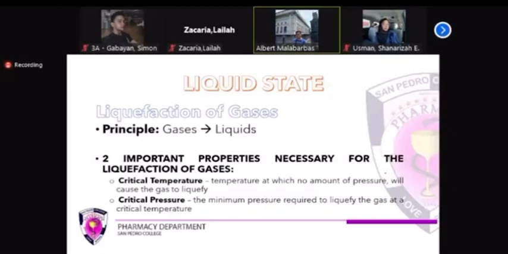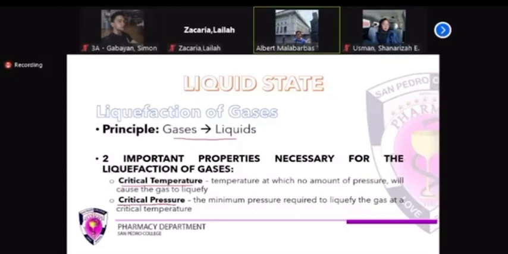Okay, next, about the topic on the liquefaction of gases. When we say liquefaction, it is the process by which your gas is converted to a liquid. A gas is converted to a liquid. Now, there are two important properties necessary for the liquefaction of gases. You need to remember or identify the critical temperature and the critical pressure of that gas para siya